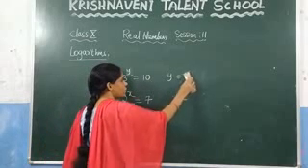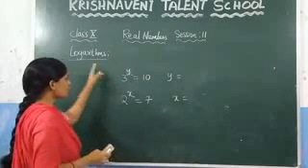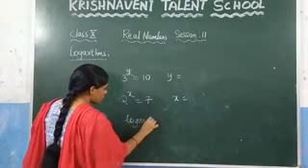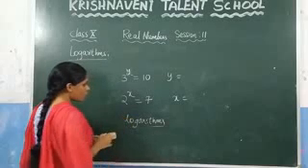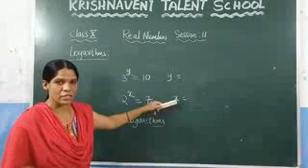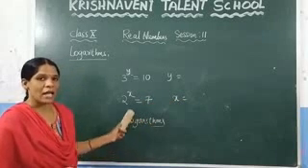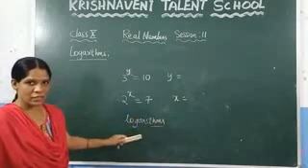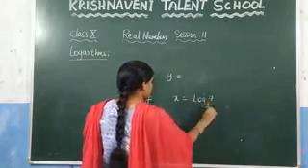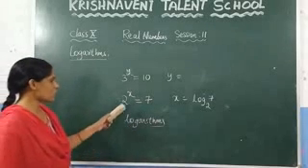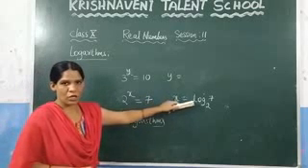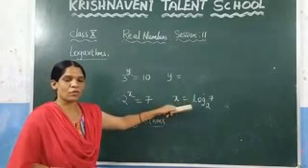But how do you find these values? For that reason, logarithms were introduced. So now we are going to discuss our topic, which is logarithms. If you are given the condition 2 power x is equal to 7 and asked to find the value of x, by using logarithms you can find it, and we can write the value of x in the form of a logarithm. We can write this as log 7 to the base 2. So what is the value of x? It is nothing but log 7 to the base 2. Now we are going to discuss how to read this, and what the properties and conditions are.